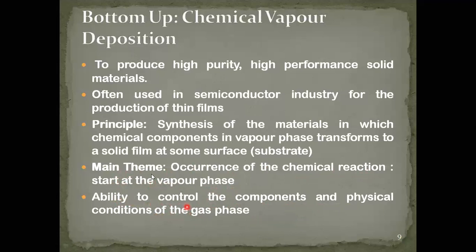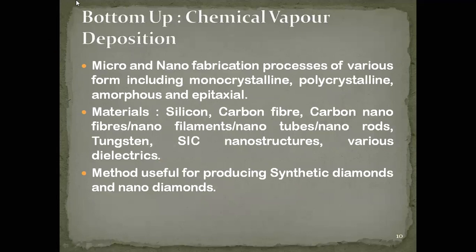So the main theme of chemical vapor deposition is that we are taking the vapor and transforming it into a solid. When it transforms into a solid, it gets deposited on some surface. That surface is called a substrate. That process is what you call deposition. The material is getting deposited somewhere called the substrate. What is getting deposited? Vapor is getting deposited. Which vapor? The material that you are taking, the chemical. So, chemical vapor deposition. Now let us see how the materials are used. Which are the materials used? The materials used are silicon.